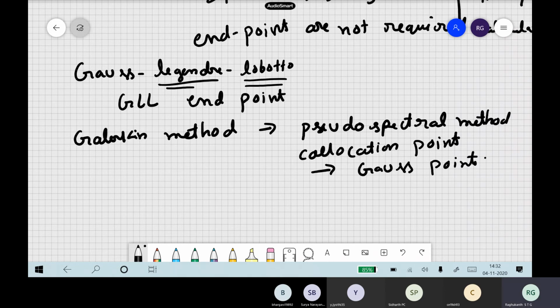See, what do you do in the Galerkin method? I told you, right? Last class. Orthogonality between basis functions and residuals. Yeah, excellent. So there we do this orthogonalization. That means your residual function and your basis functions are orthogonal to each other. This is how we do it, so one can show that both of them are more or less the same.